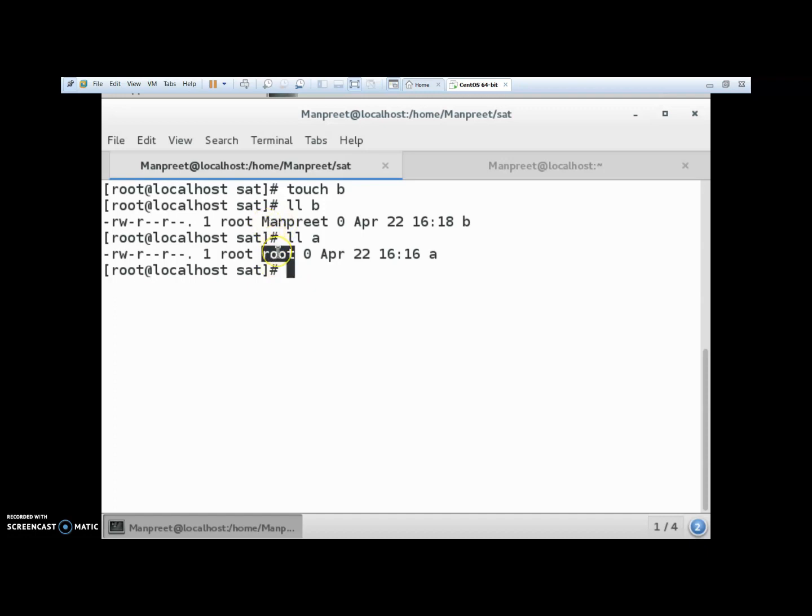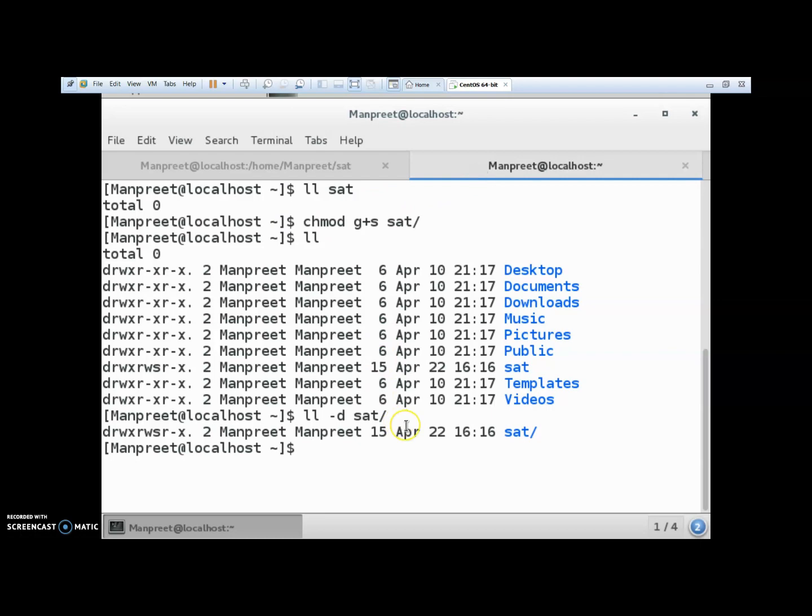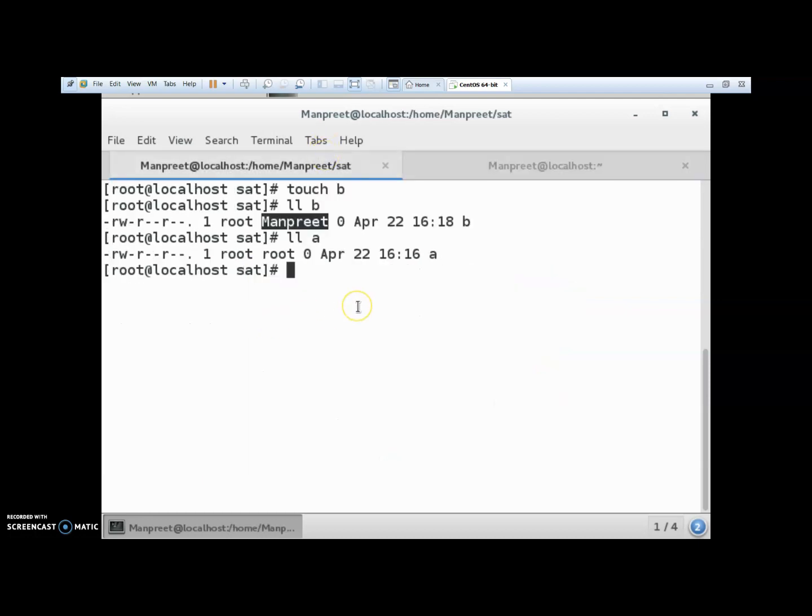Before this, when I enabled this, the owning group was root, and when I enabled that particular GID bit, this particular group has been changed to the same. So suppose I again disable this, let me create another file this time.